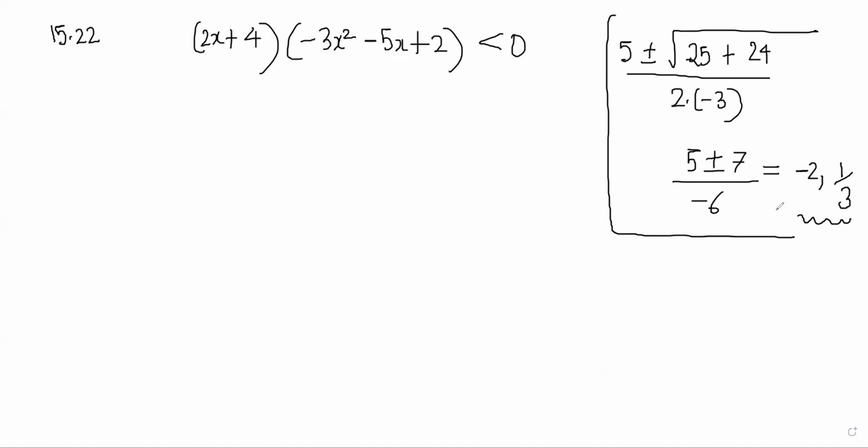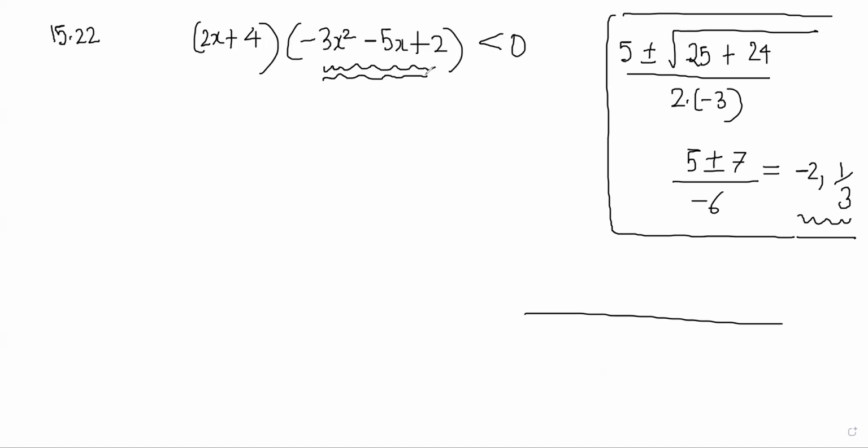Okay, so then 49, 7. Yeah, it's -2 or 1/3. -2 or 1/3. Okay, so then I did the wavy curve method with those points. So then I got that x is less than -2, or